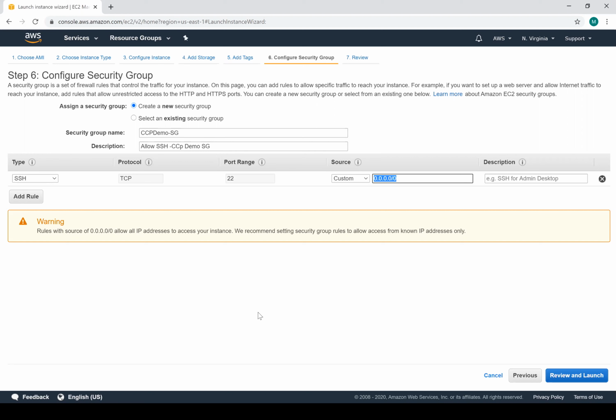So that's how we're gonna SSH. When someone deploys an EC2 instance, they need to access it somehow. Mainly if it's a Linux instance, they're gonna use SSH. If it's a Windows instance, they're gonna use RDP. So by default,